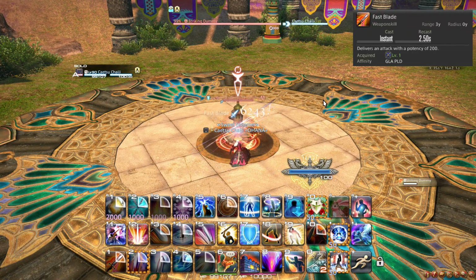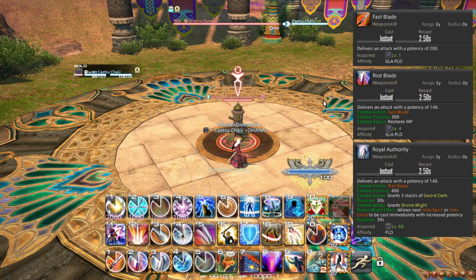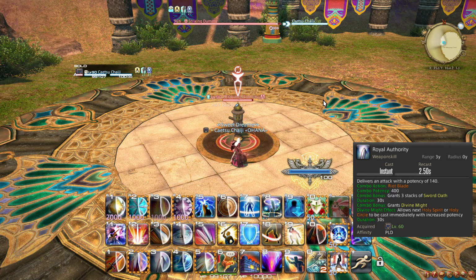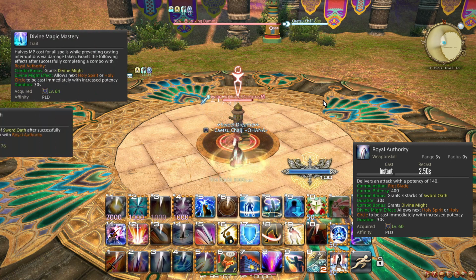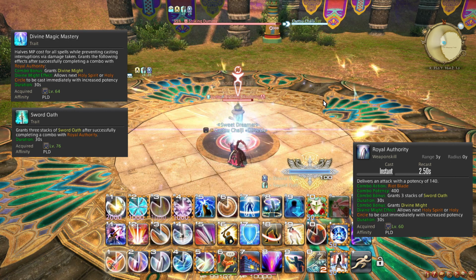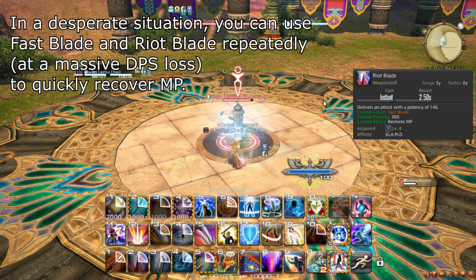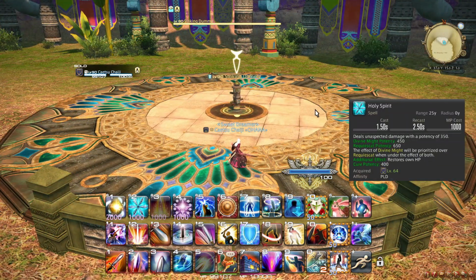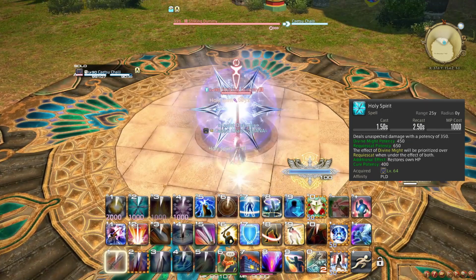Now then, Fast Blade, Riot Blade and Royal Authority is your basic combo and can be performed when nothing else more important is available. Finishing a combo with Royal Authority grants you the buff Divine Might and 3 stacks of the buff Sword Oath, both of which are used on other actions. Riot Blade additionally recovers MP when used, which covers most of the MP you will spend on your attack rotation, and then some. Holy Spirit serves as your default MP spender and does significantly more damage while empowered by Divine